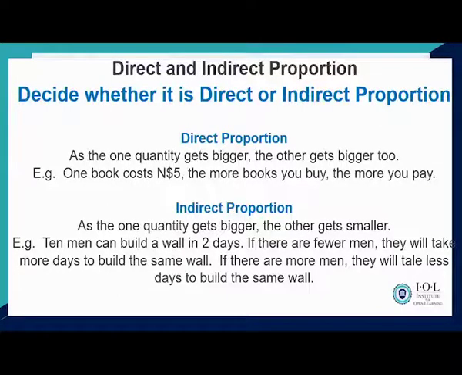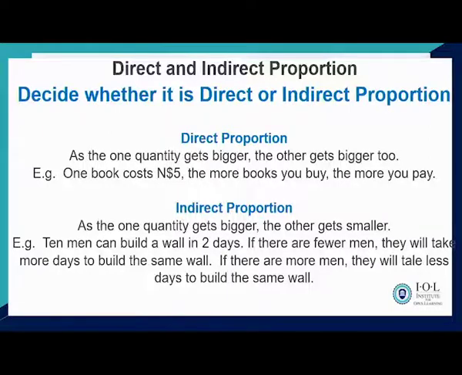Is it indirect? If the one quantity gets bigger, the other quantity also gets bigger. That's when we have direct proportion. Indirect proportion is when the one quantity gets bigger, the other one gets smaller. Like,